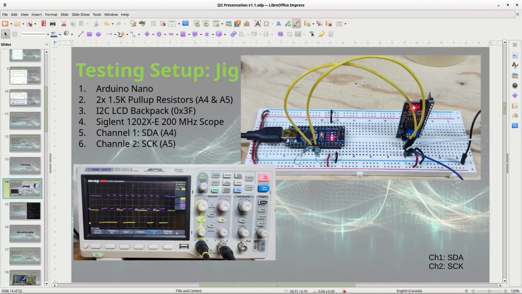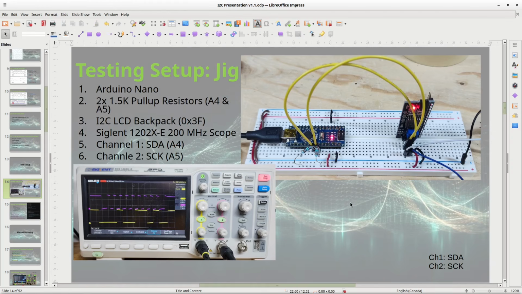That's all it's doing. And the address of the backpack is 3F. Channel 1 is connected to A4, which is the data pin, and the clock is connected to A5, which is connected to channel 2. Typo here.